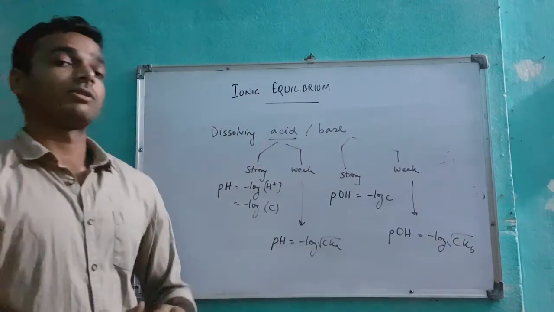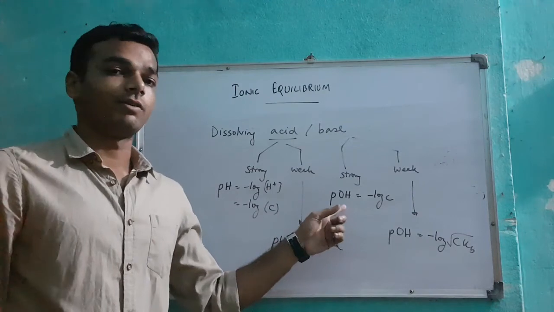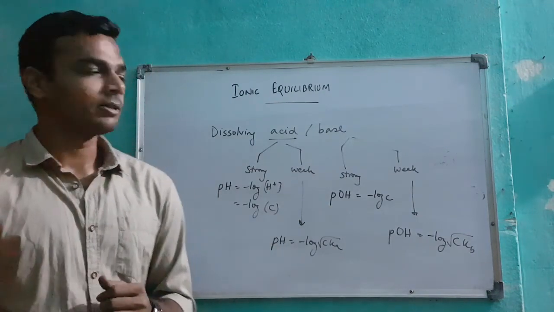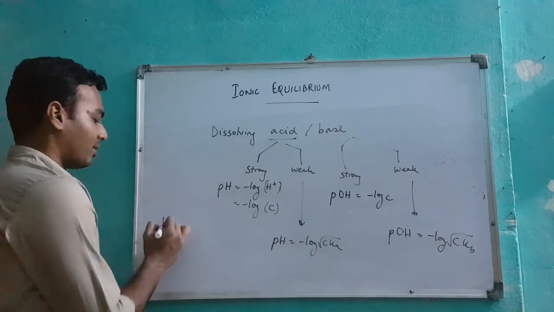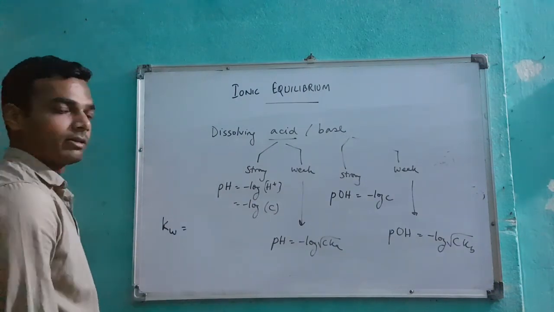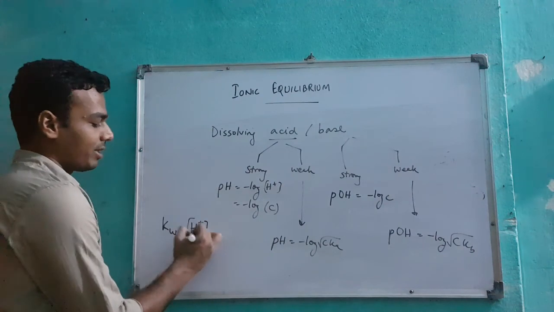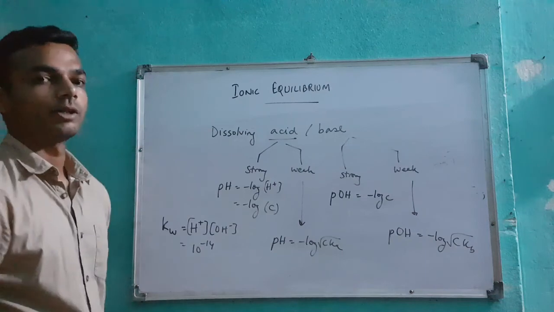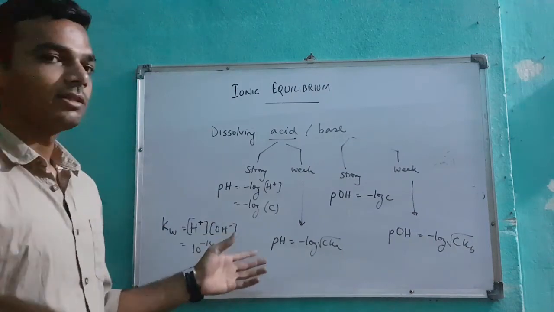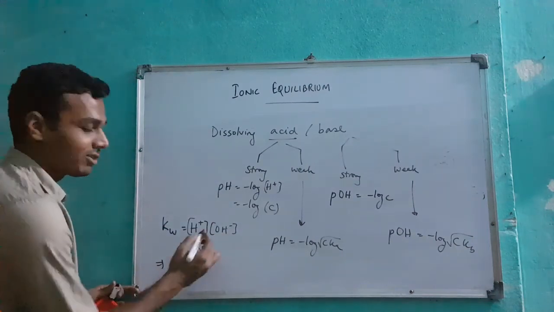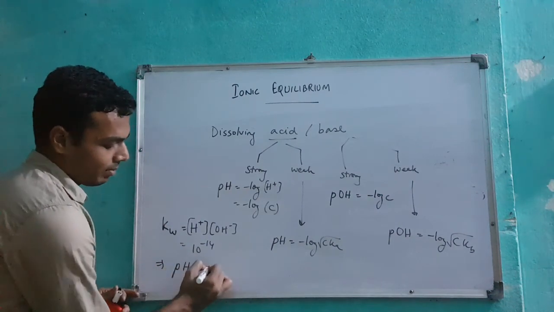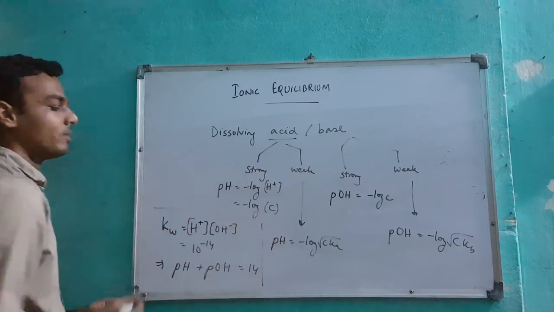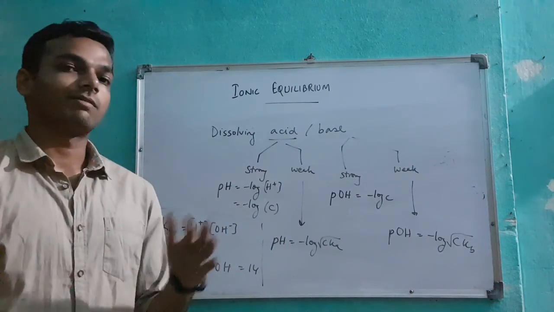Now my question is, if there is pOH, if you know it, then how do you find pH? The answer lies in the ionic product of water. According to scientists, Kw or ionic product is nothing but H plus into OH minus, which takes the value of 10 power minus 14. If you put log on both sides, what this will imply is pH plus pOH gives the value 14. Now this is a very important formula that can be applied in each and every solution.